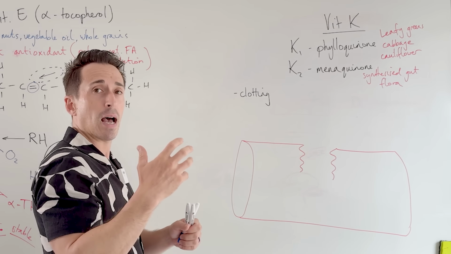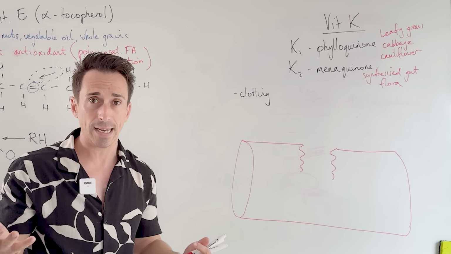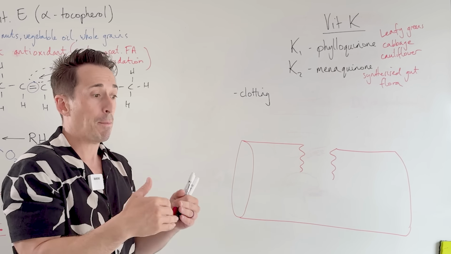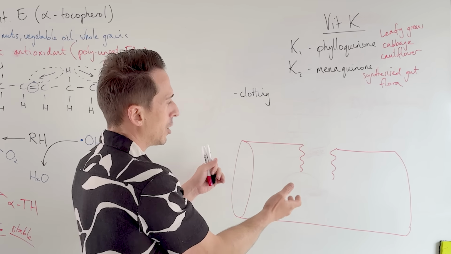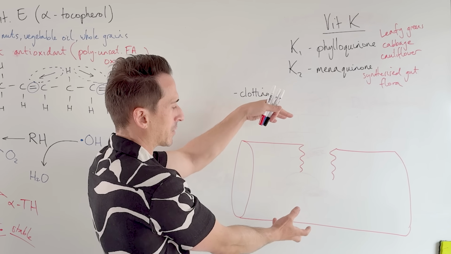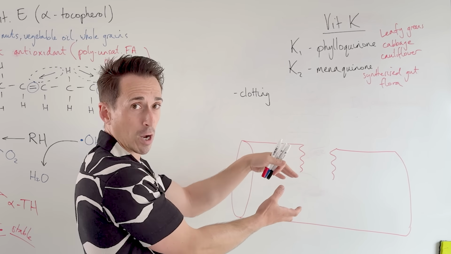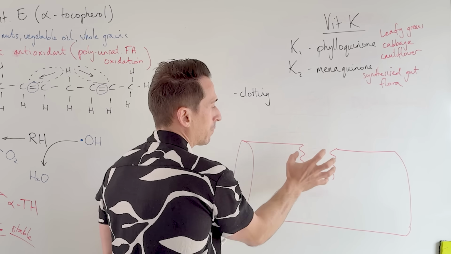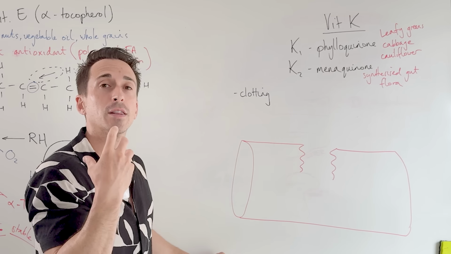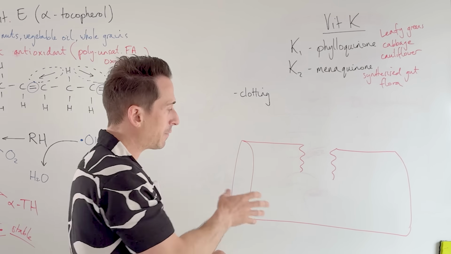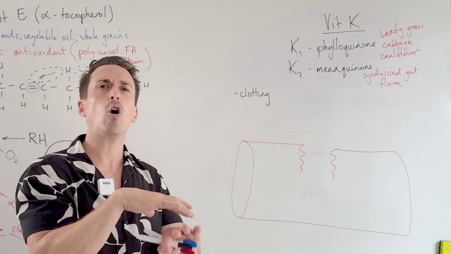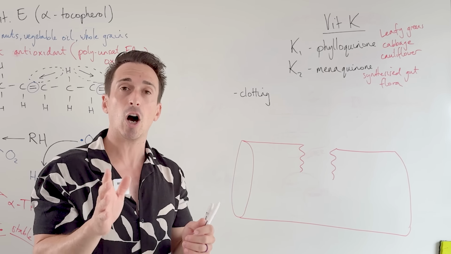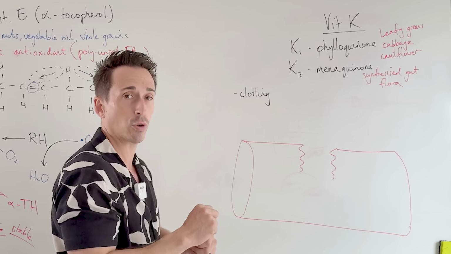Now we know there's what's called the clotting cascade, but we also know a couple of things happen immediately before the clotting cascade kicks in. You have vascular spasm, so the blood vessel constricts or contracts. You have platelets aggregating to the site, which sort of forms a plug. And then you have the clotting factors, which are made from the liver, coming along. Now there's a whole range of clotting factors. If you want to watch a video on the clotting cascade, I've done that. I'll put the link in the description below, or Google Dr. Mike clotting cascade.